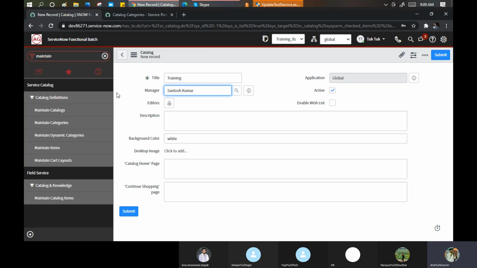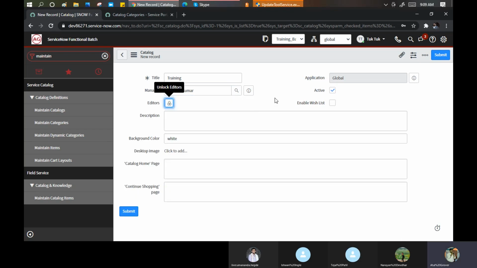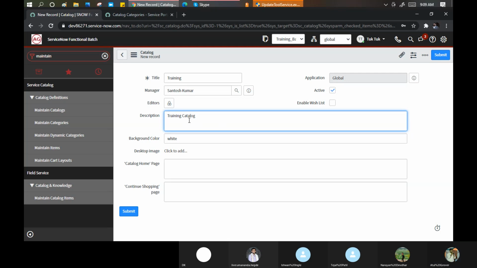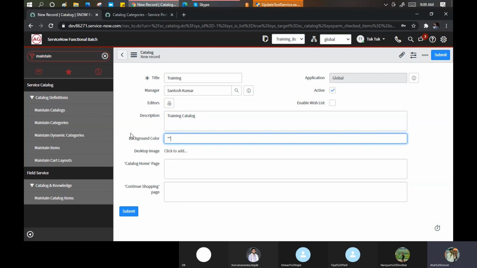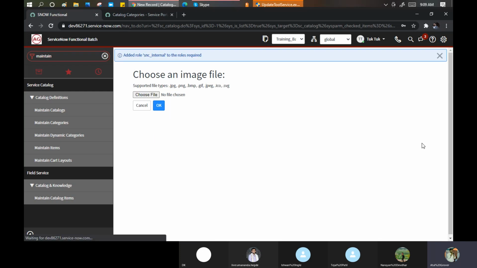Who can edit this catalog? If I don't put anything, anyone can edit this. Description: Training. Background color. It's a text box. I say red. Desktop image. If you want to put some image here, see, red and red it's coming.